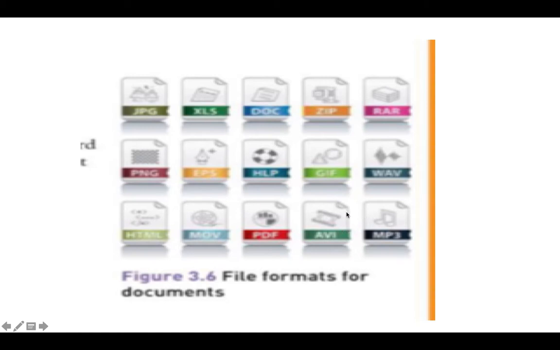An AVI file and a movie file are both for movies. AVI can be used for animation as well, but a movie file, a MOV file, is the best quality kind of file. PDF is a file that can't be changed. It's used for contracts because then you can just sign it and then you make sure that things are protected.